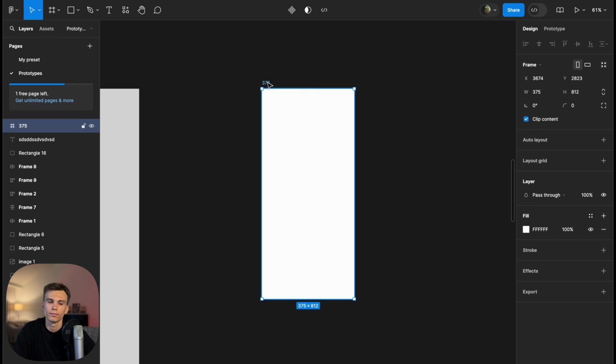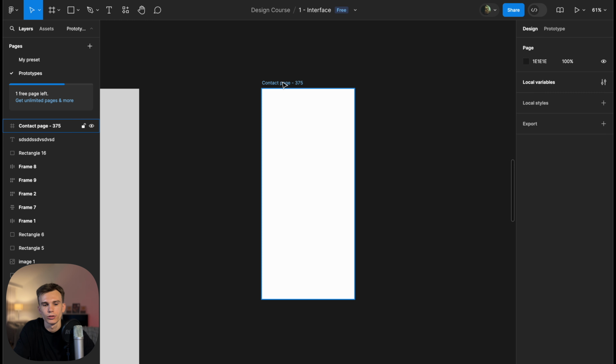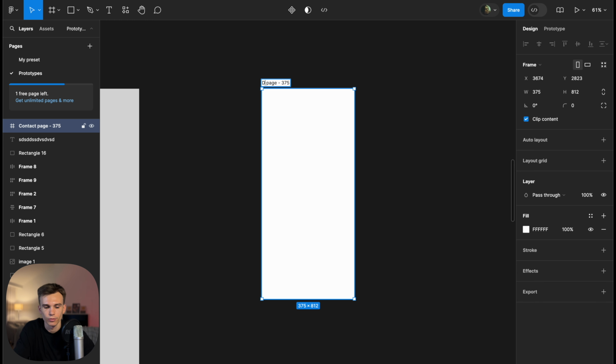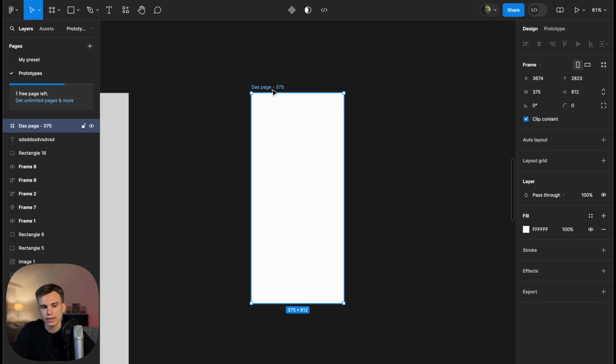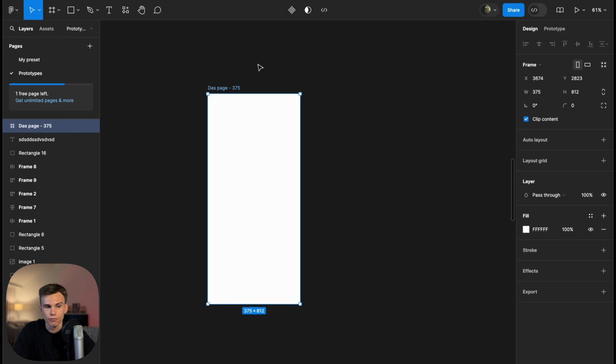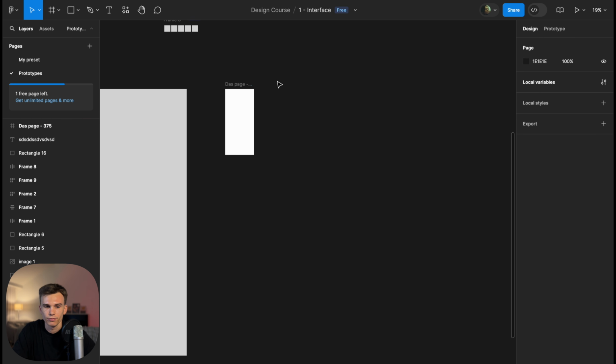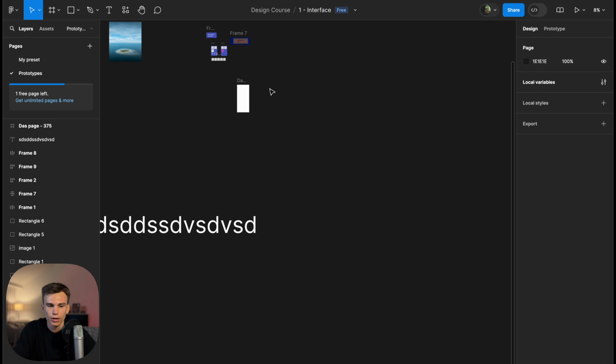So I like to name the frames, let's say home page, and then the size. It could be maybe contact page, or it could be a screen, I don't know, dashboard or something. So I like naming it this way. This is the regular size that usually is created for the phone, and let's say for the desktop you would